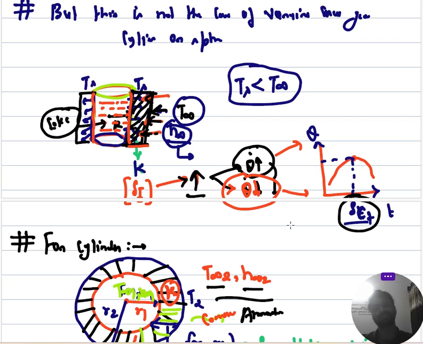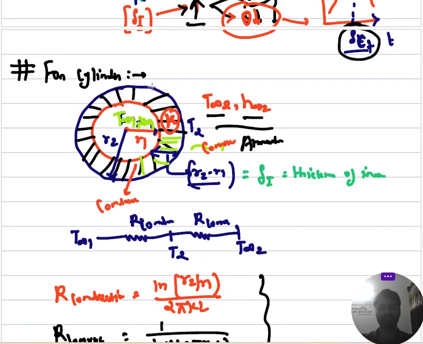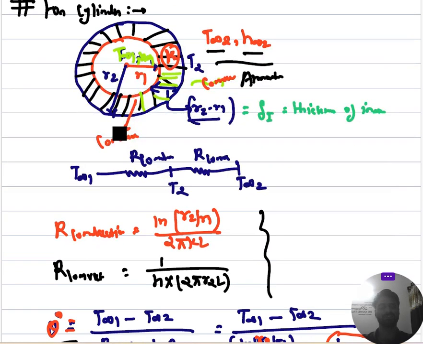Sometimes you will see that if you increase the thickness, the rate of heat loss increases, and after a certain thickness, it will start decreasing, right? How this happens, I will let you know while using this particular concept for the cylinder only. A cylinder is also a variable area geometry, where you can see a cylinder having inner radius R1